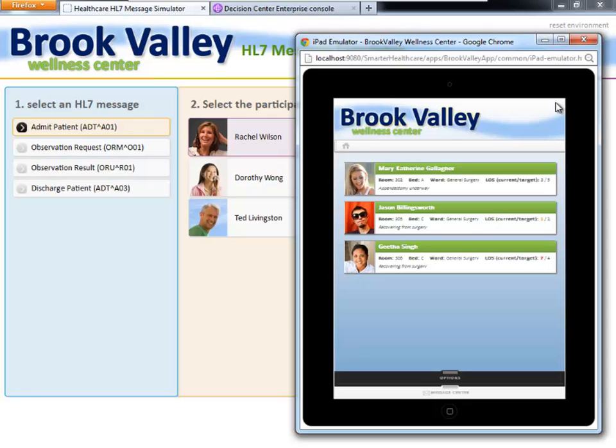And the reason for that is because we haven't built the integration into our integration platform to say that when an admit patient HL7 message comes in, we can take that information and start to use it and farm it out to other places that might be interested in knowing about that, such as Dr. Bloomfield's iPad application. So let's go behind the scenes now as an integration developer, and let's add that integration into the system so that next time when we admit Rachel, which we'll do again in a second, we will actually see that pop up on Dr. Bloomfield's iPad so that she knows that Rachel is now in her care.